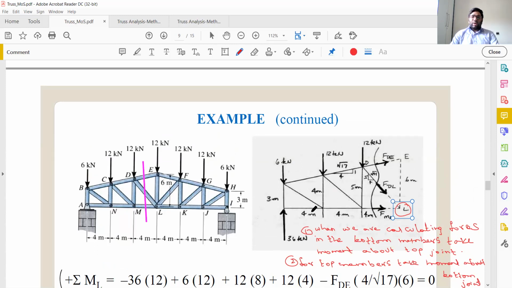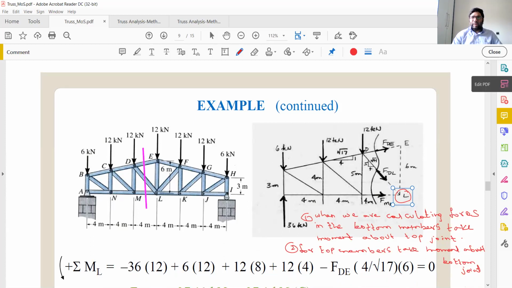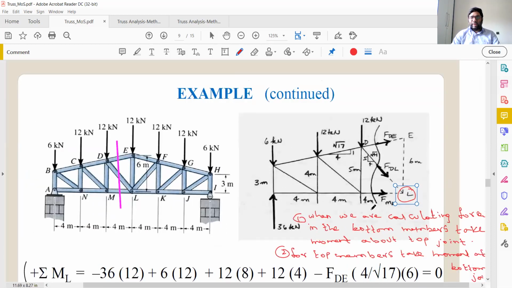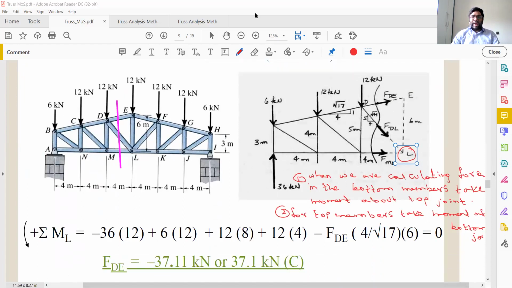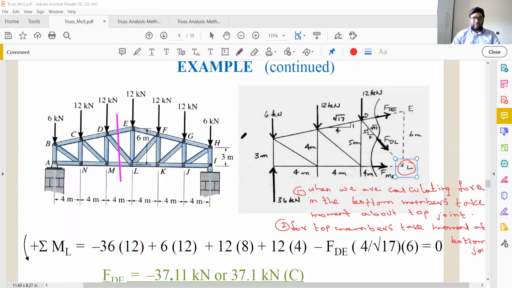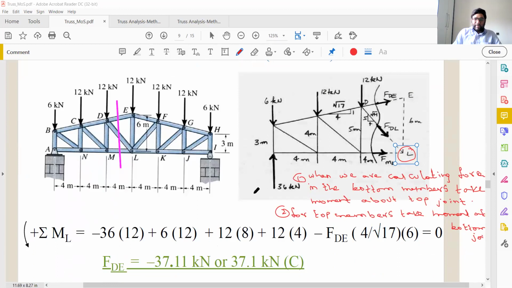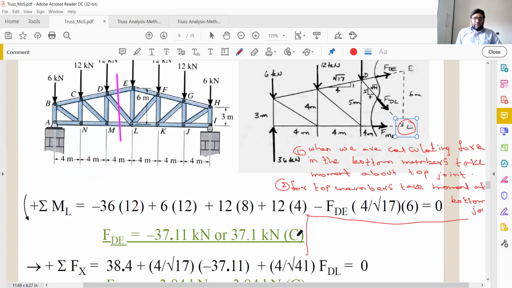Okay. Now taking moments about this L. What do we get? I will write it here slowly. All of you also can see it carefully. I'm just zooming the screen. I'm trying to take the moments at joint L. Let me write here. You forget about what they have already solved. That is not required. We will do on our own process. Okay. Sigma ML is equal to 0.